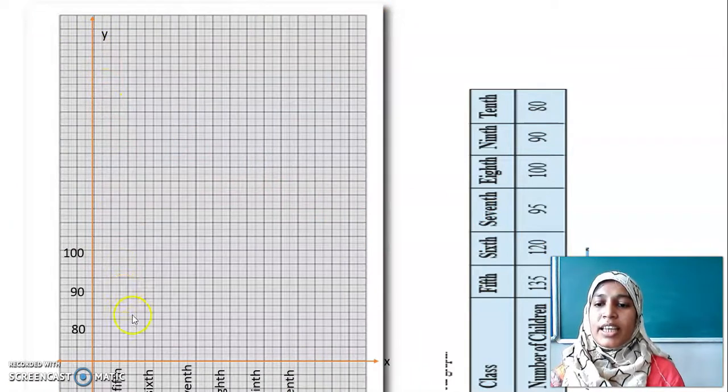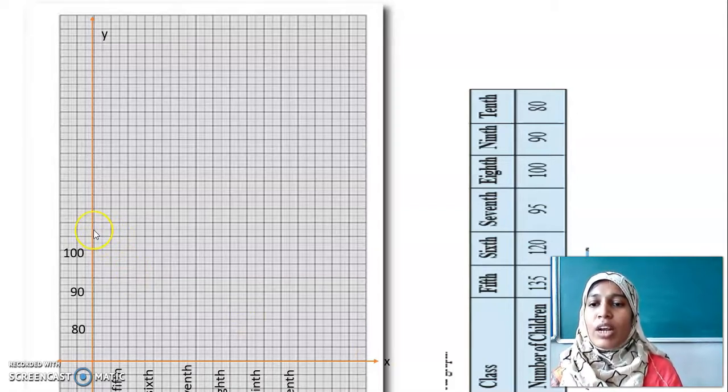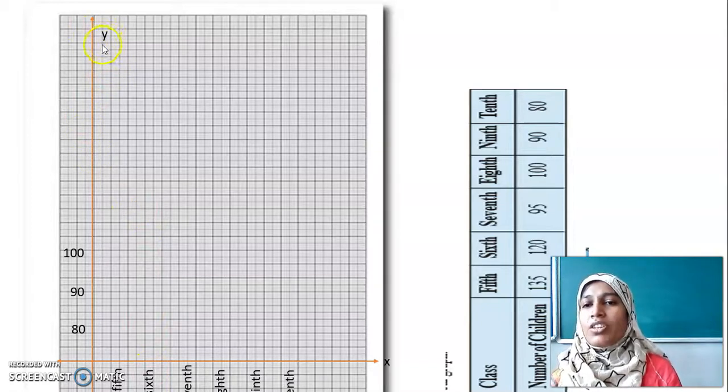First draw x-axis and y-axis using your scale and pencil. Remember, my dear children, you should not use eraser in this graph sheet. It will make your graph sheet dirty. Be confident and make sure you place the scale exactly right, so that the line that you draw should overlap the line that is dark in color in your graph sheet. It should not be away from that line. Okay. Have you drawn it? Draw x-axis and y-axis. Draw slowly, my dear children.